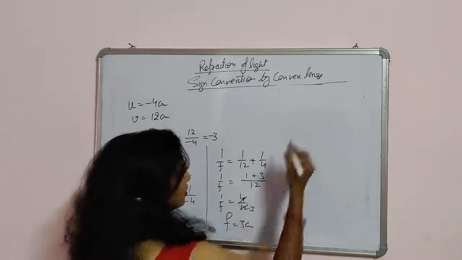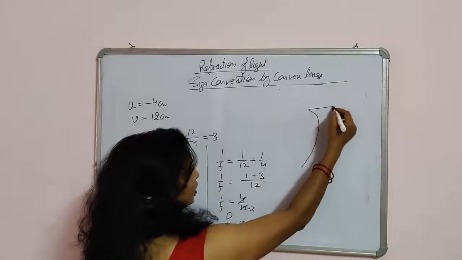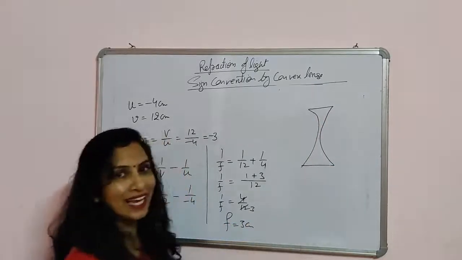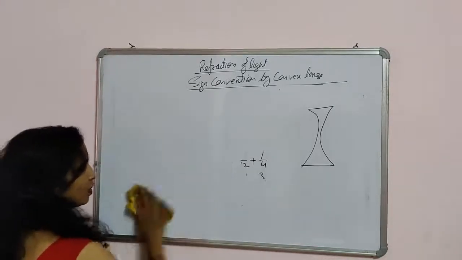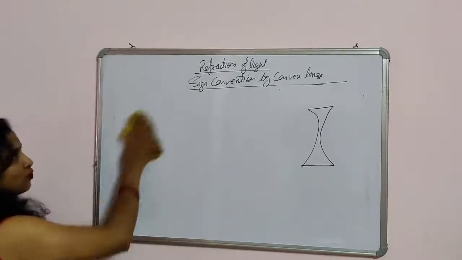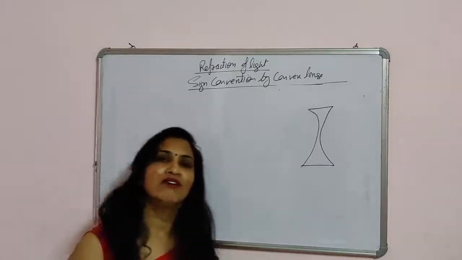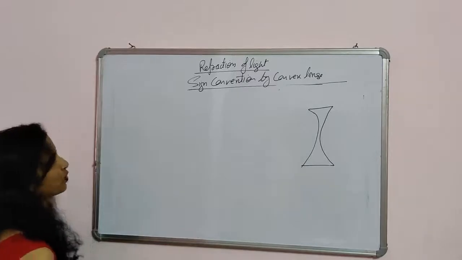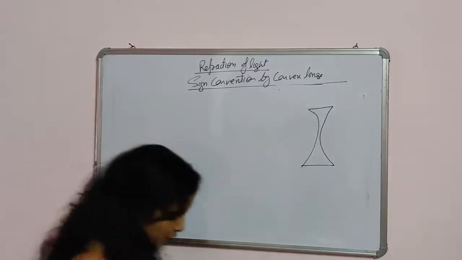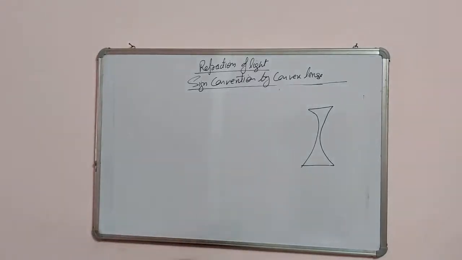The concave lens is thin in the middle, made up of glass, and thicker at the edges. So, first, image formation by the concave lens. We have only 2 image formations by the concave lens. First one. First, when you draw this lens,